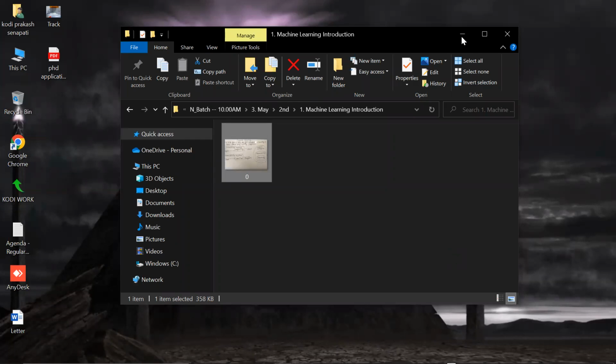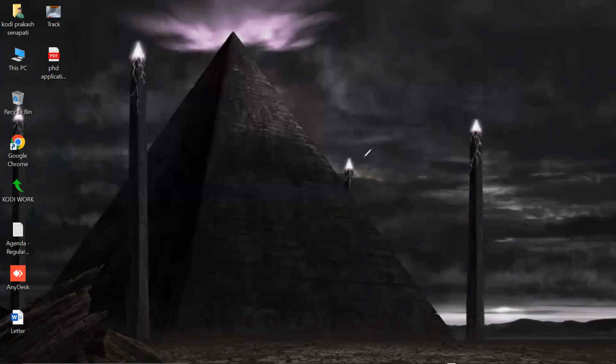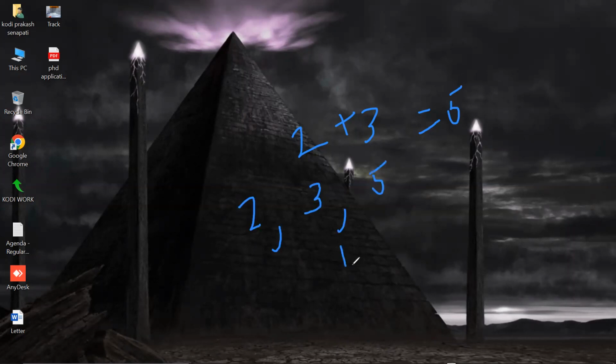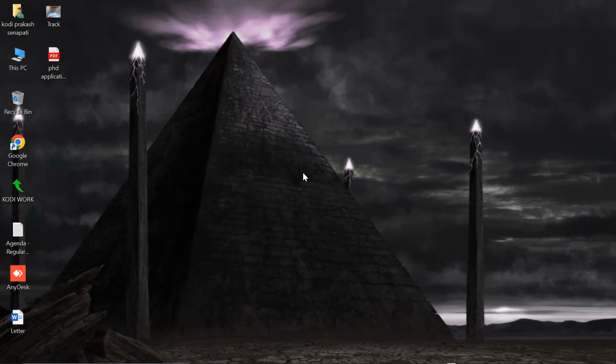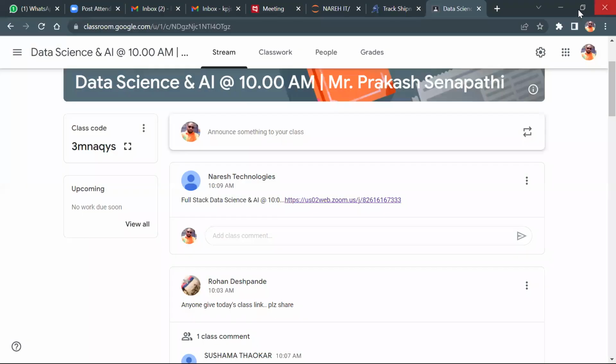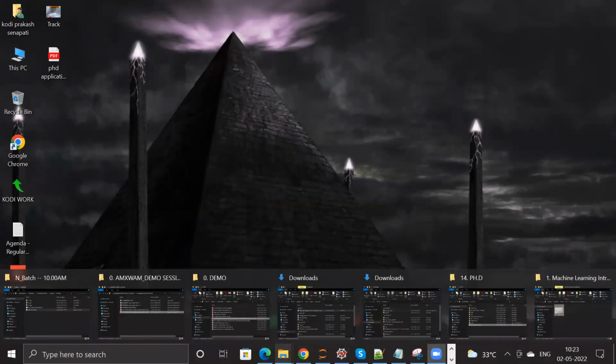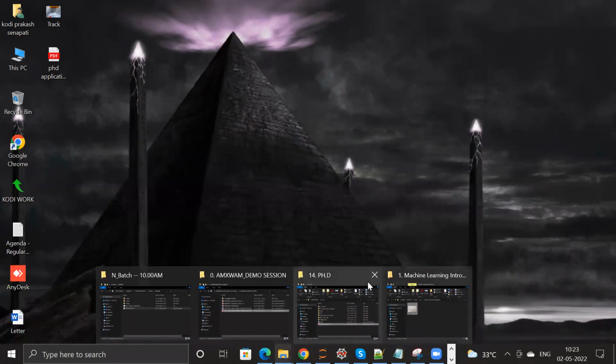Understand? I hope you remember I talked about two things. 2 plus 3: input and logic give output 5, isn't it? Now with the input 2, 3 and the output 5, what is the model? This is a logic, or we call it a model, guys. Understand? The next one. Just definitions, I'll give you all these things. No need to worry.